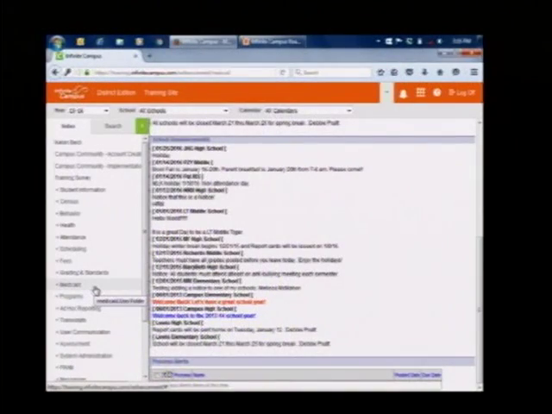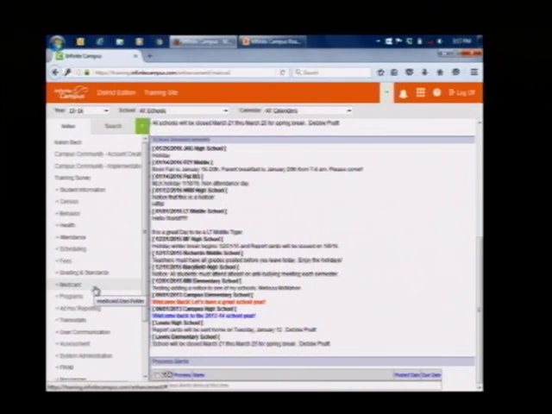The left side is the index of the application. I am logged in right now as an Uber user. I have all tool rights turned on, but your list of tools will more likely be shorter than that. But the idea is to just give you a depiction of what all Infinite Campus contains. It's not just data about the student, but it's also health information, parent information, transportation information. Go down the list, we also have messenger tools. So I just wanted to show you how much data we actually manage in one application, and that's what makes it real time.